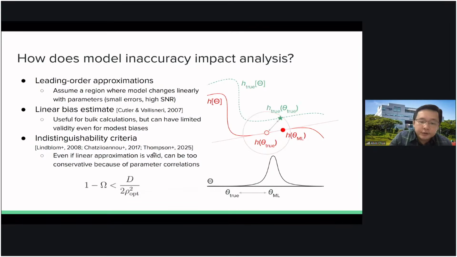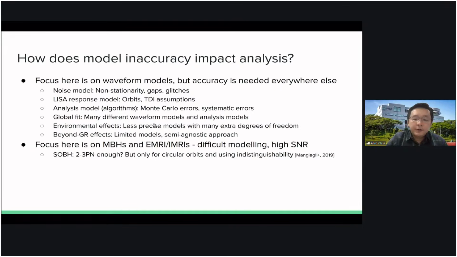Such criteria are really quick, but they're actually the least robust, because even if the linear approximation is valid, they can be a bit too conservative because of parameter correlations, as pointed out in this paper by Thompson et al. All right, so before I do a quick review of the work that's been done on waveform accuracy,